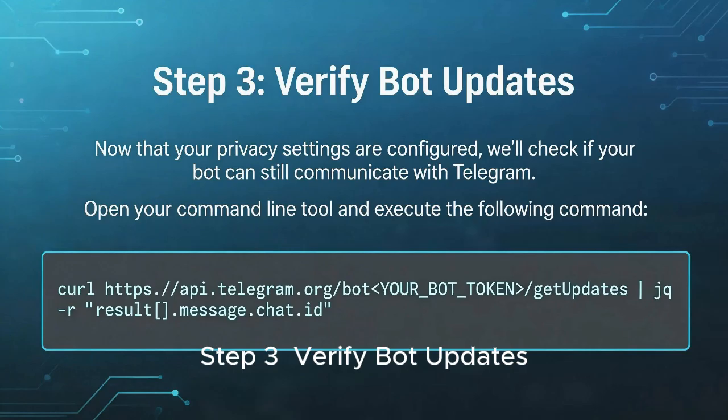Step 3. Verify bot updates. Now that your privacy settings are configured, we'll check if your bot can still communicate with Telegram. Open your command line tool and execute the following command. Bash curl